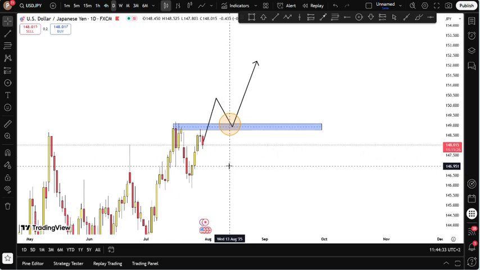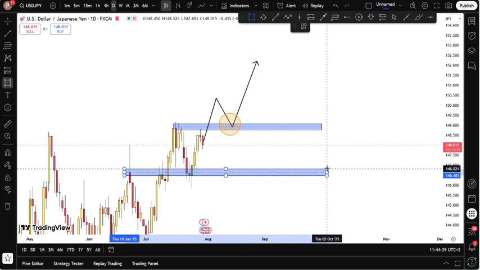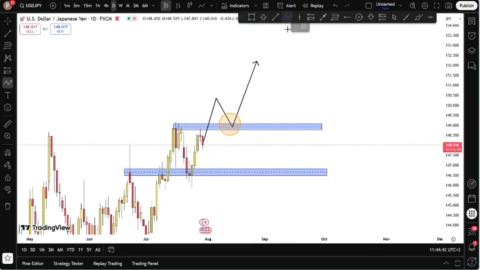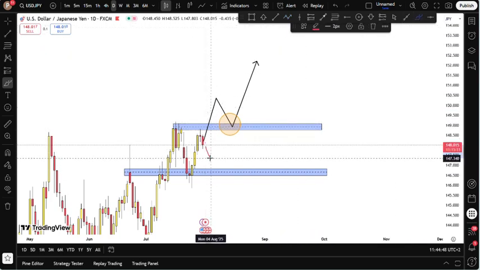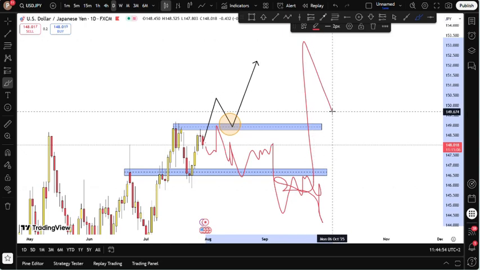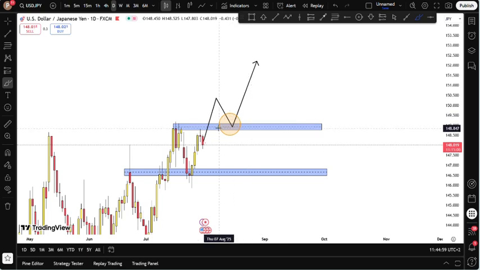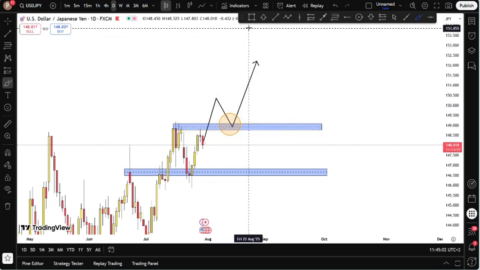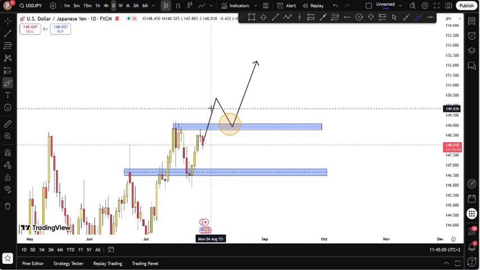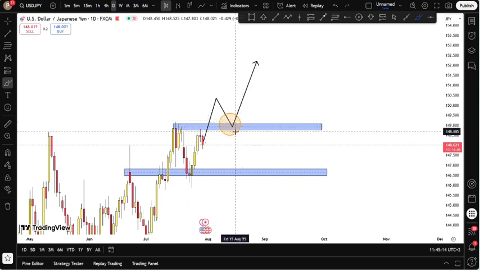If it stays below, do not play here. If it stays in here, just don't. Because it can continue doing this with the brushes, it can continue doing this in here, go lower and take your money and then buy. But just don't, just wait for this. If this happens, only then will it be interesting. It takes a few days. By the end of the week, you can know whether it broke or it went below. If it didn't, you wait for next week, but you just wait.